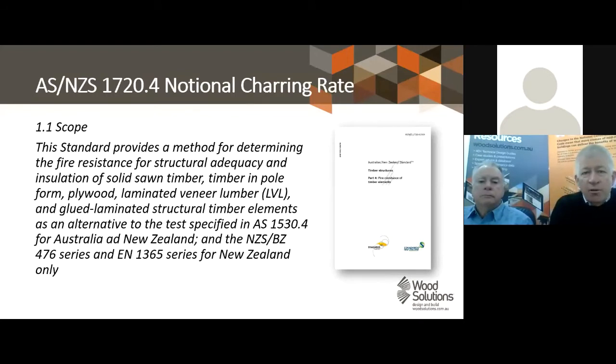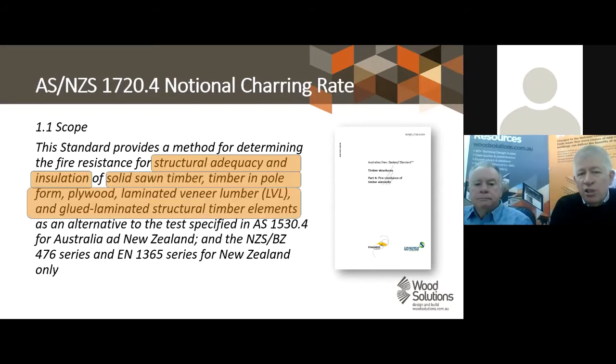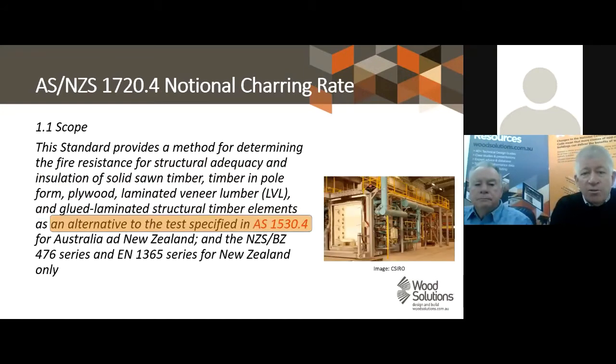So the first thing to note is what the scope of this document is, and this is probably the take-home point for you. It's related to the 2019 version: fire resistance for structural adequacy, and the new addition is installation of solid sawn timber, pole form, plywood, laminated veneer lumber, and glue laminated timber structures. And it's an alternative to the standard fire test, which is your usual picture of a CSIRO furnace. And whenever you see that, and you'll see this coming up many times now, that's an indication of your standard fire testing